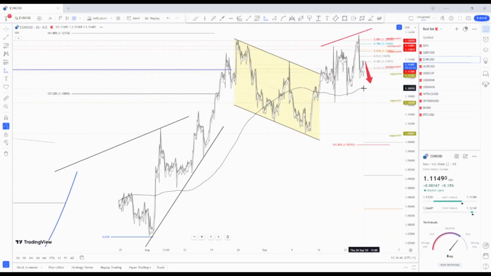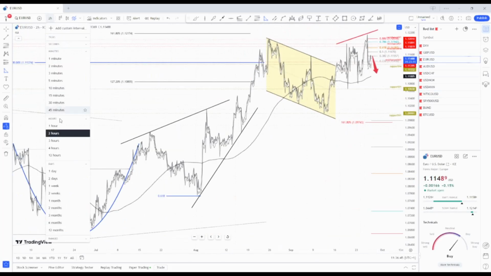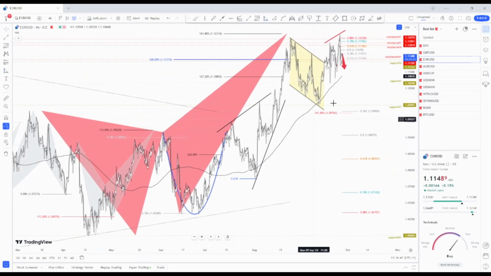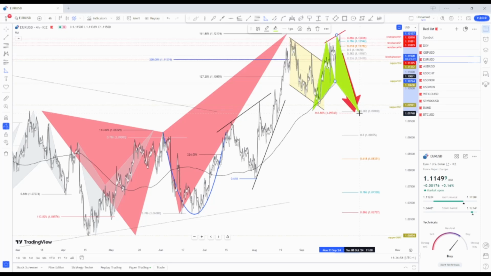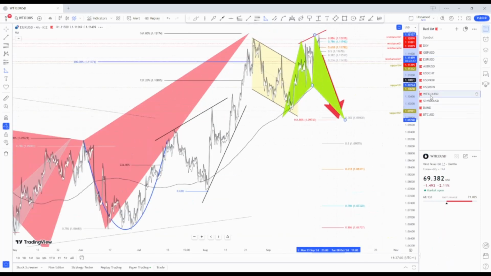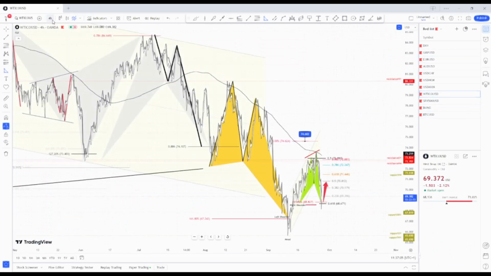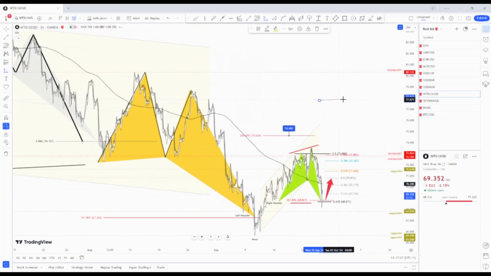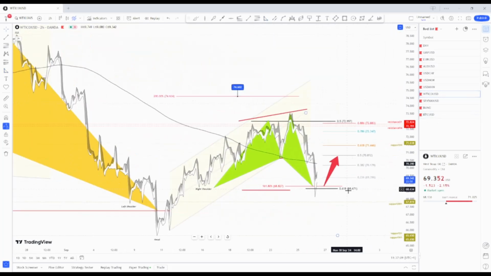Very much the same we are expecting for the euro versus the dollar. Price breaks below the support, wait for a move towards the golden Fibonacci level, and you may see the formation of another shark pattern for the euro versus the dollar. Again, in this case we are far away from those levels, but it's just an example of something that already completed. In this case for crude oil, the bullish shark pattern at the golden Fibonacci suggests a retest of the previous support level,